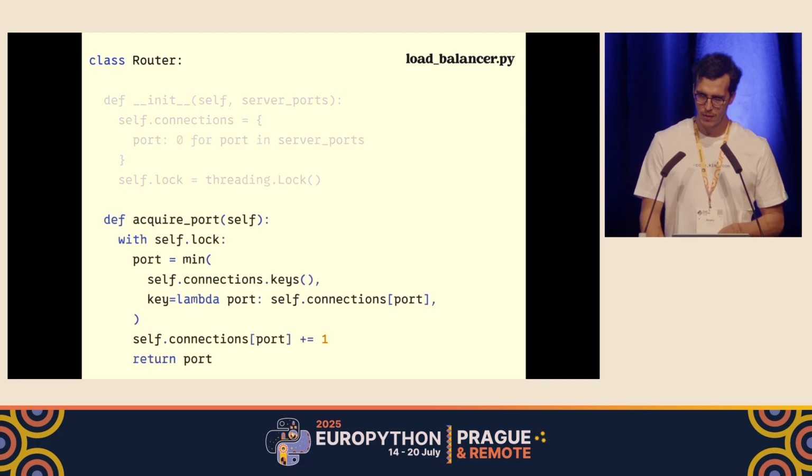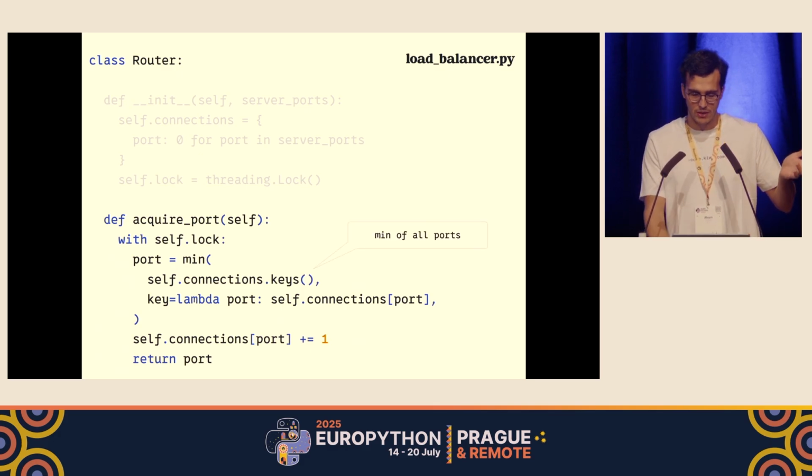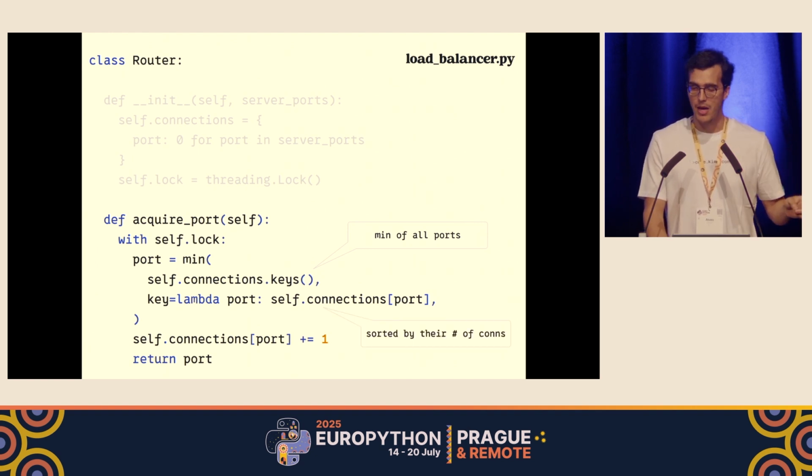How does the acquire_port method work? It's going to select the port that is available, the one in which the server has the least connections. And how do I do that? Well, I just use a min function over the keys, ordered by the number of connections associated with each key.